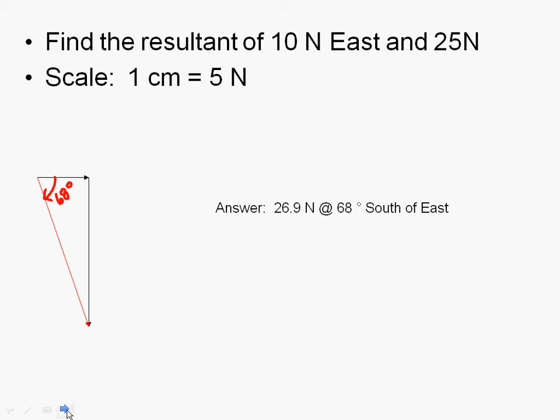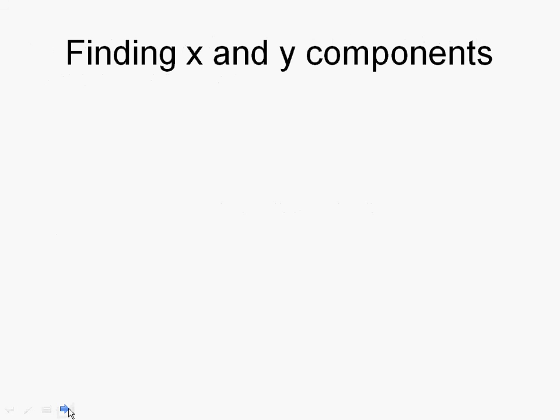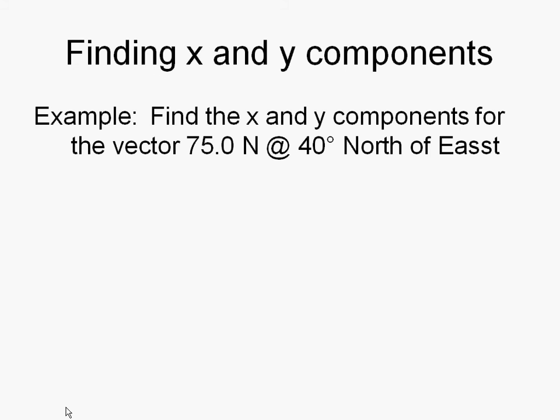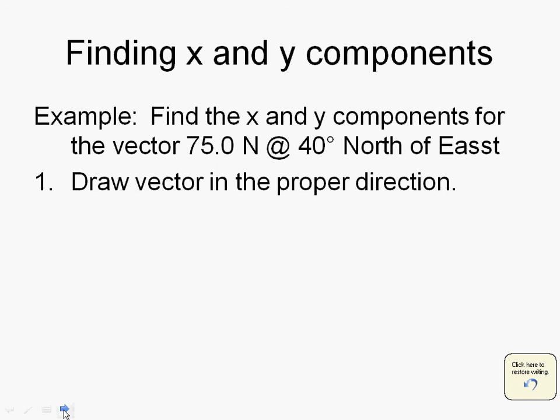Another thing we need to do with vectors is to take a resultant and go backwards and find the x and y components. So finding x and y components. My example would be to find the x and y components for the vector 75 newtons at 40 degrees north of east. All right. So you're going to draw the vector in the proper direction,